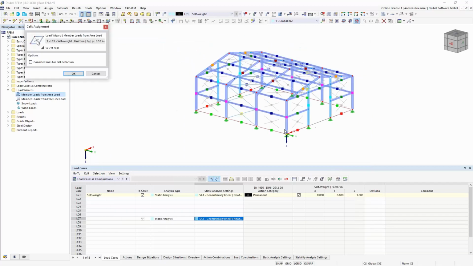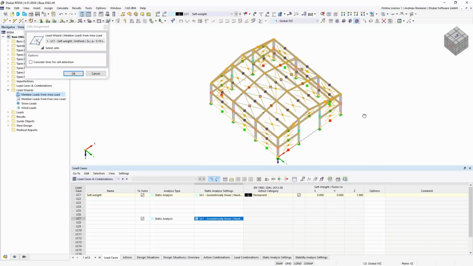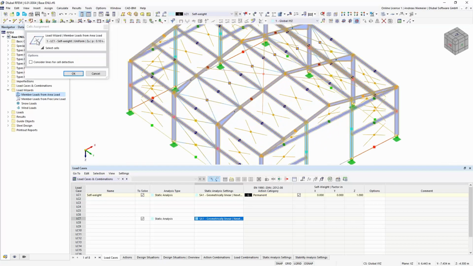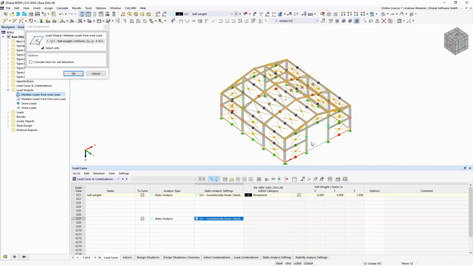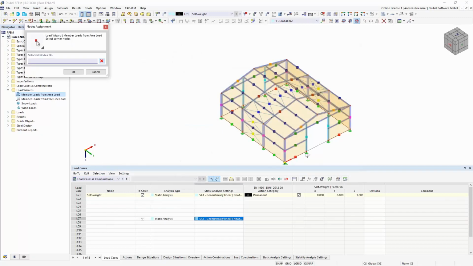So I say, please find me cells, and you see the program finds many cells on the structure. Maybe this is too much, we will remove it, but it finds no cell here because the cell is open to the bottom. And for all cases which it doesn't find, we can now define and say, okay, for this part we define the loading plane manually by defining the outer corners.